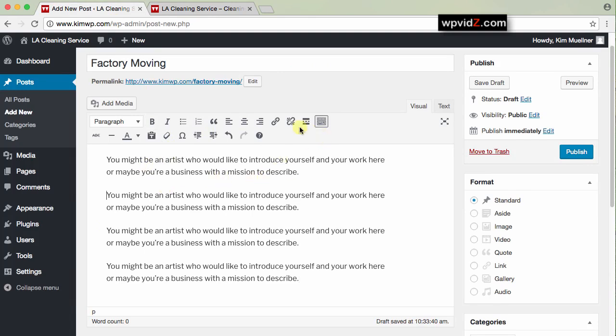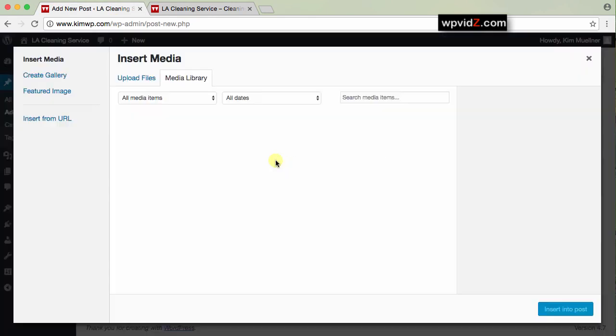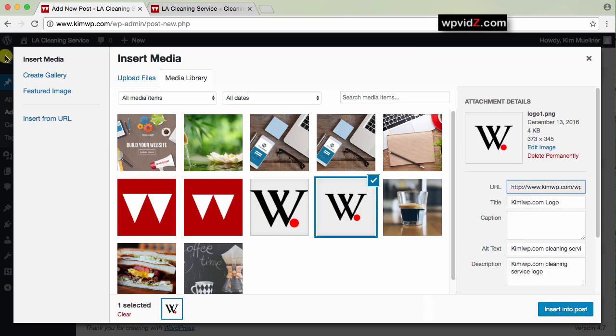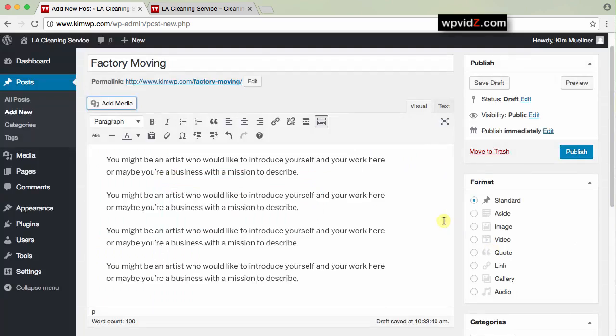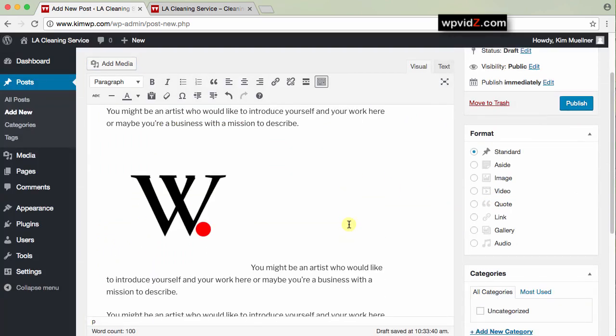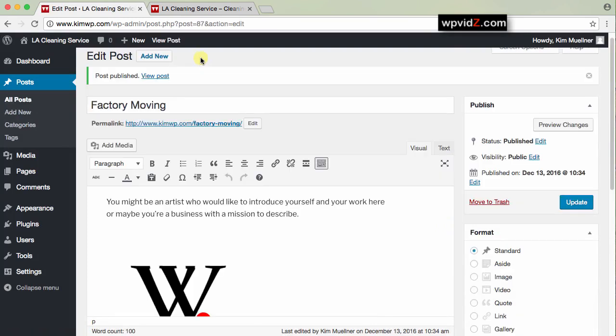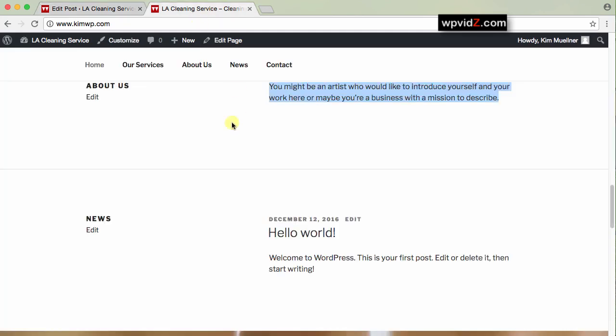Just add some pictures right here, add media. And we want to choose these pictures. Just an idea. Or upload your own. And publish it. So now you can add as many posts as you like, but this is for this